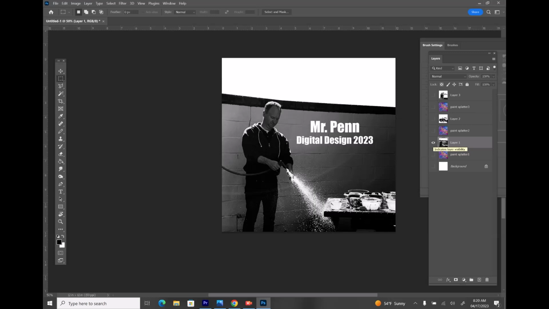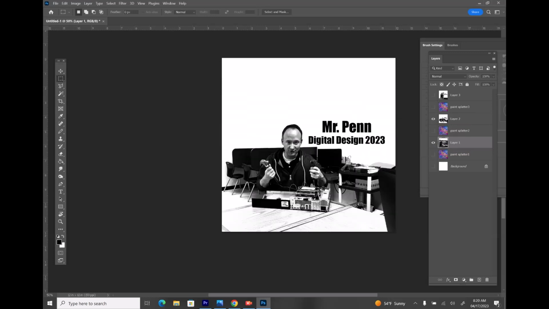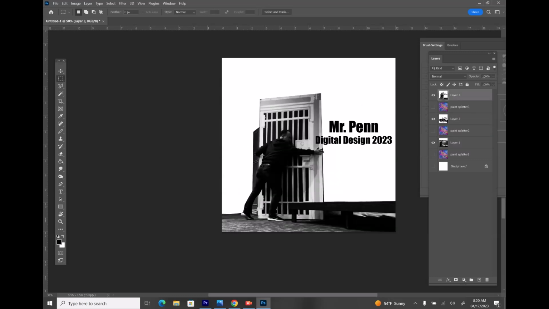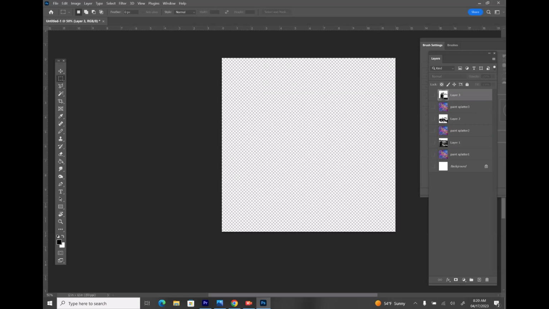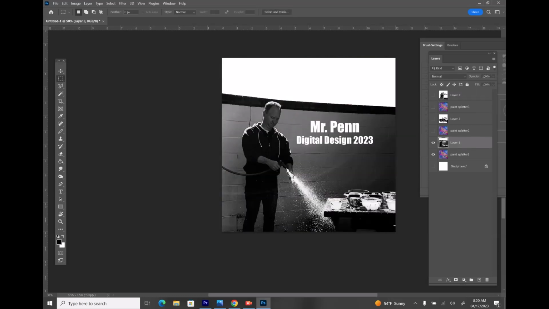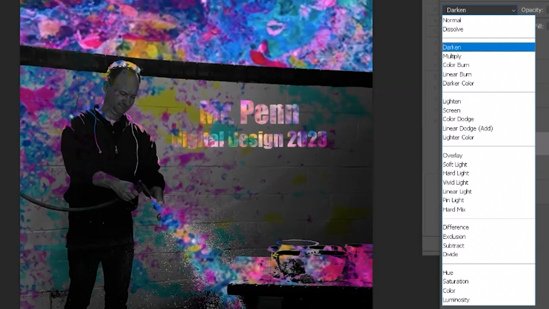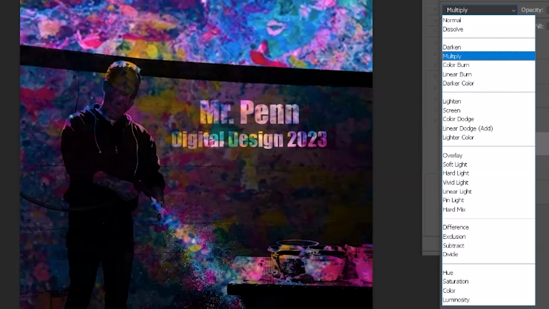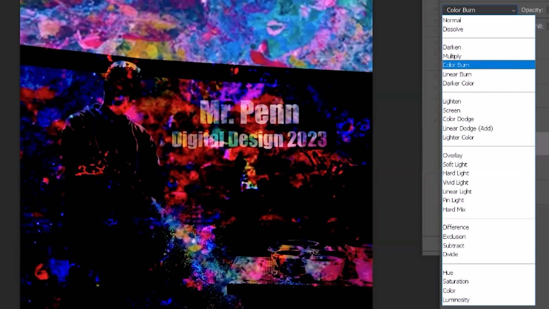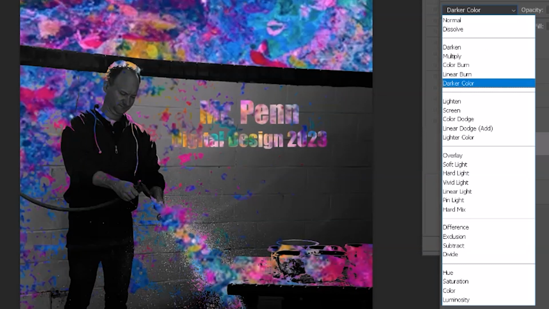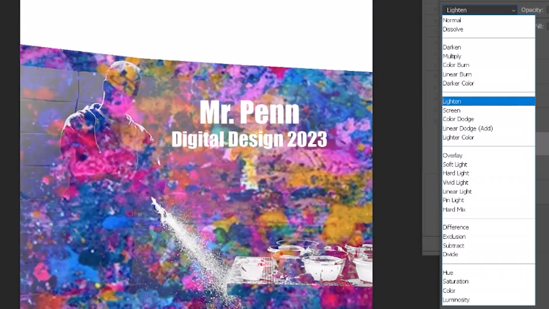I feel like I'm reminding you of this every 30 seconds, but you only have to do 1 picture like this, or like this, or like this. What you're going to do next is turn these layers on, and the name of this assignment was overlay. I think I might be wrong about that. You're going to go up here to kind, and if you do dissolve, darken, multiply, turns it into a transparency, color burn, linear burn, darker burn, lighten,